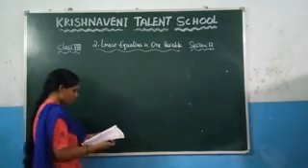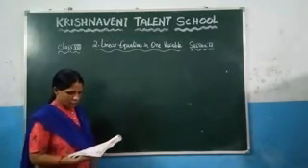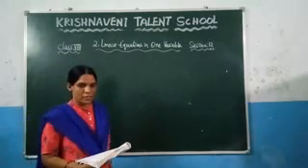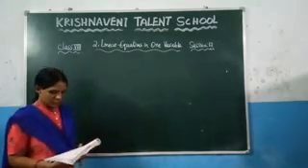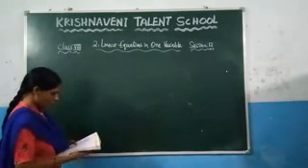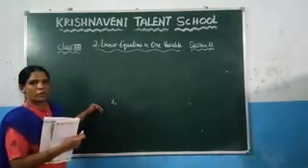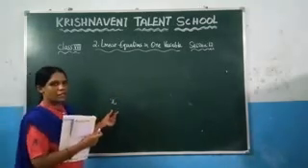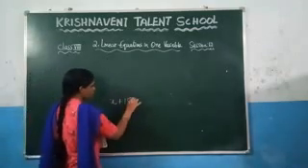What is the 7th question given here? After 15 years, Mary's age will be 4 times her present age. What is her present age? Here, what is the question given? After 15 years. Suppose let us consider Mary's age is x now. After 15 years, what will be her age? You just need to add 15 to x, so after 15 years her age will be x plus 15.